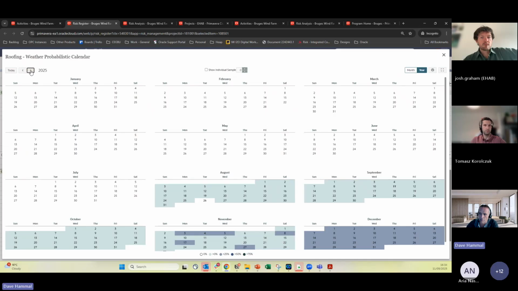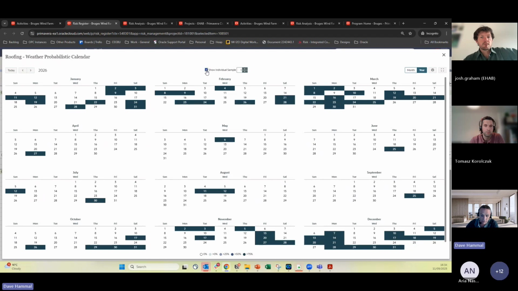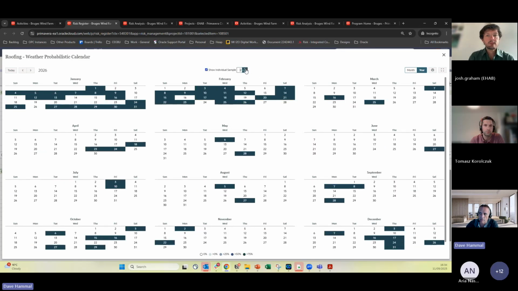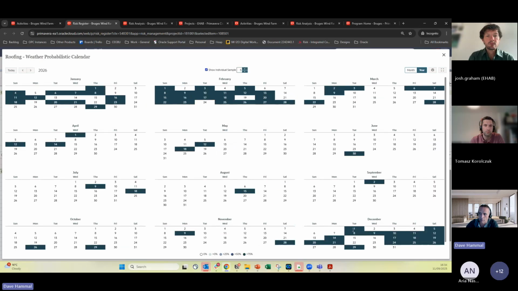So let me skip to next year where we've got a full year's worth of data. You can see the much darker periods in Jan, Feb, and December, for example, compared to the summer months, the percentages of down days, or I can look at an iteration. So this is effectively how the weather gets taken into account during the Monte Carlo simulation for each iteration. These are additional non-working days that are going to hit your plan based on roofing in this case, right? And you can step through the different iterations, and you can certainly get a feel just stepping through that how much you're getting impacted in those winter periods, right?